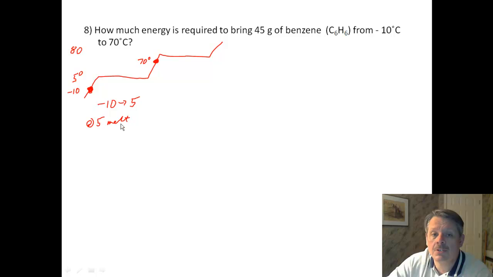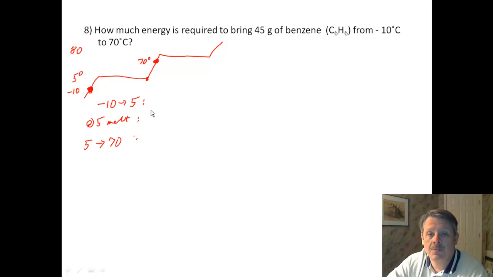Now, guys, this is not water, it's benzene, so it melts at a different temperature. And then what we have to do is heat that benzene up from 5 degrees to 70 degrees. So here I have a 15-degree temperature difference, and in the bottom I have a 65-degree temperature difference. So for this we use Q equals mc delta T,